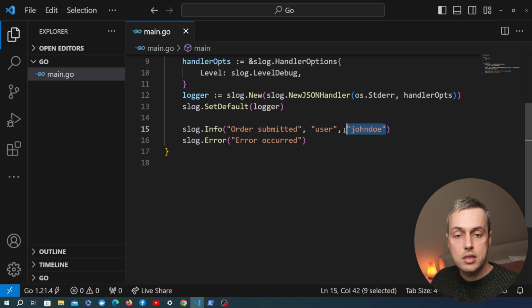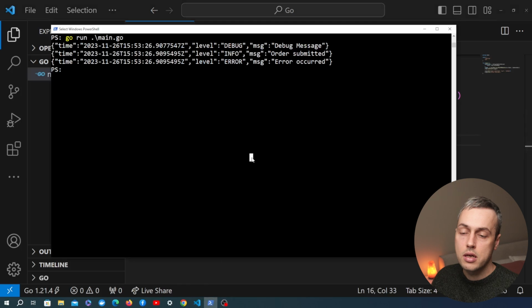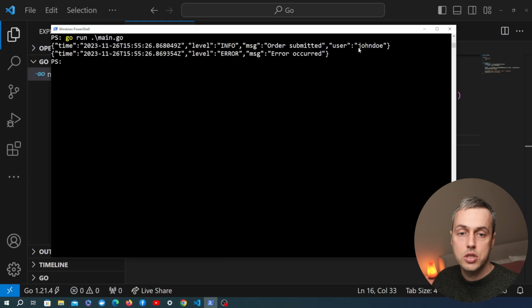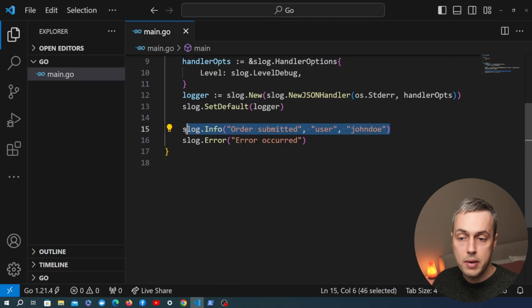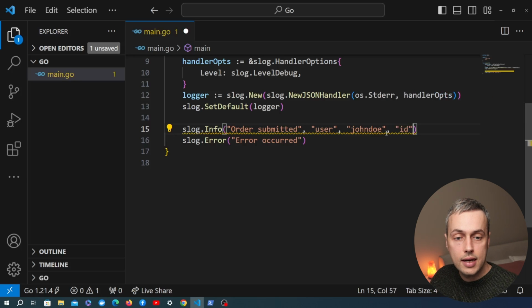And of course in a real system this value is probably going to be some kind of dynamic value for the user. But let's save this, and we're going to go back to the terminal here. I'm going to clear this out, and we're going to rerun the script, and we're going to see this output that's generated. We can see we get the extra key for our context here, our user, and the value of John Doe. And we can pass as many key value pairs as we want to these methods such as info and error. So for example, if I also wanted to log out the user's ID, I could add another key called ID,